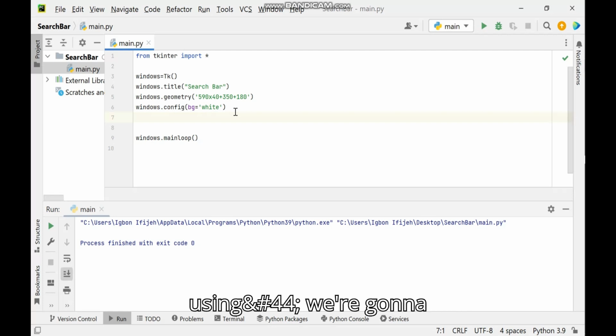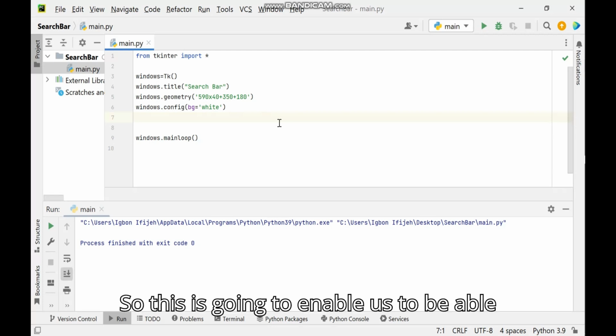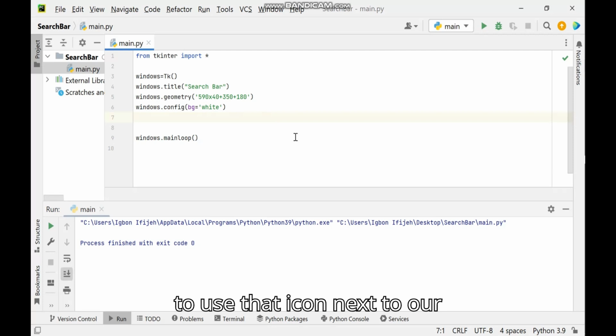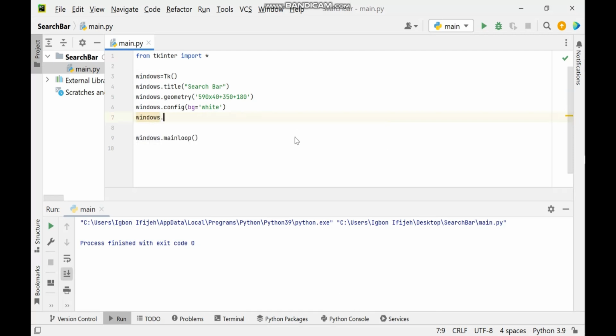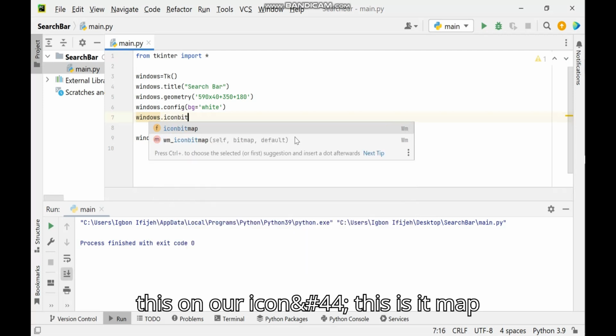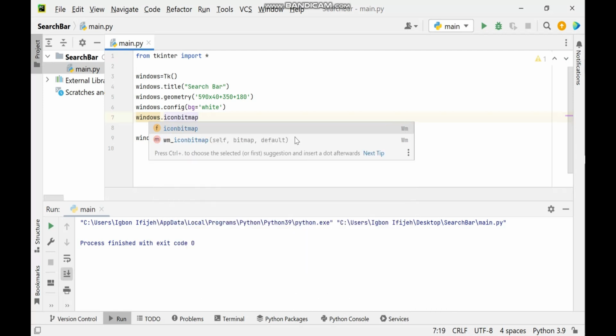So we're going to be using a class called PhotoImage. I'm sorry, icon bitmap. So this is going to enable us to use that icon next to our Windows title. So I'm just going to include this on our icon. This is icon bitmap, and then